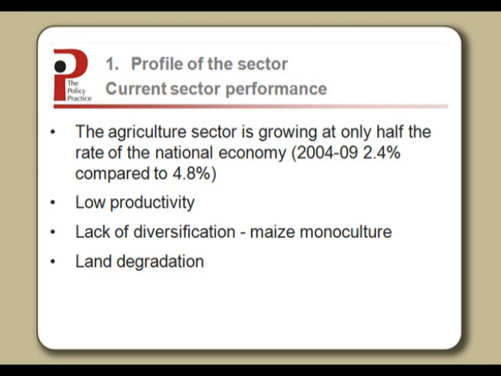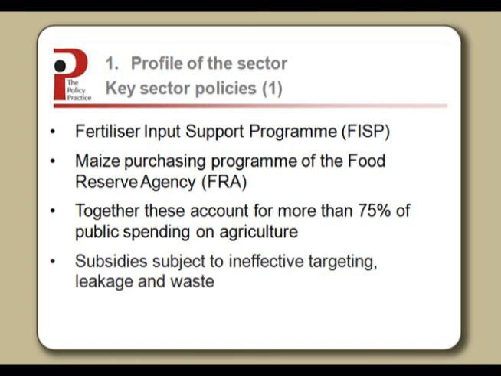Over the period 2004 to 2009, agriculture grew at half the rate of the national economy. And the immediate cause of this has been the low productivity of rain-fed agriculture, farmers typically getting yields of up to 2 tonnes a hectare at most, which is about half the level that would be needed to make them internationally competitive. Government policies in the sector have been overwhelmingly focused on maize and 2 programs in particular: the Fertilizer